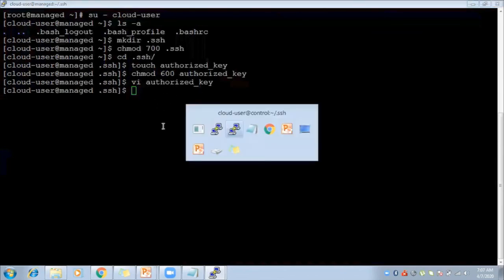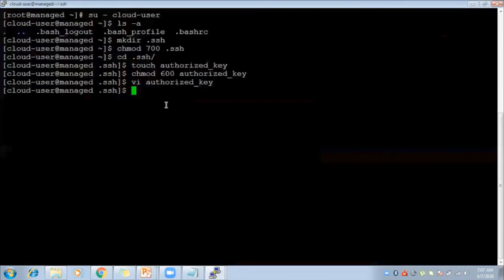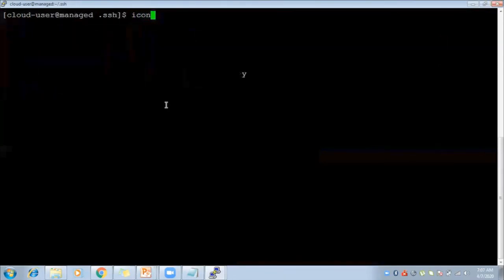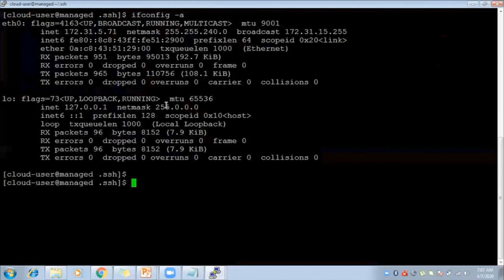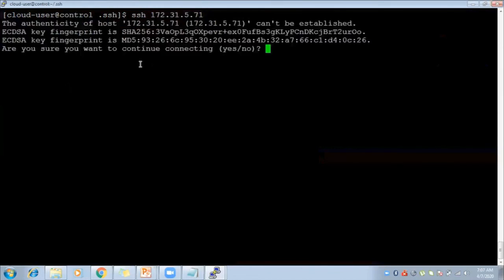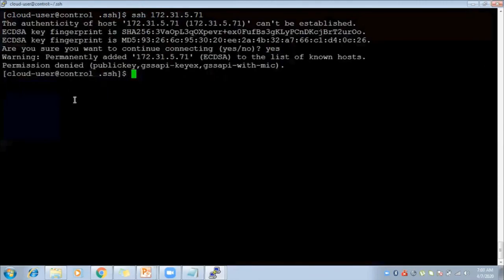So now it should be able to SSH without password. So now I will SSH here, SSH to the node. What it said, permission denied.